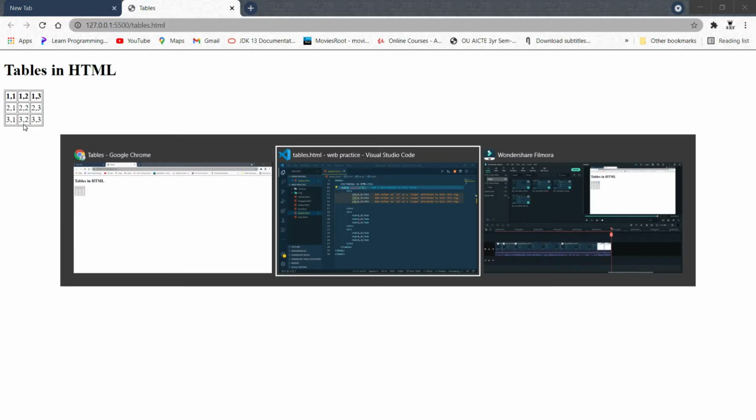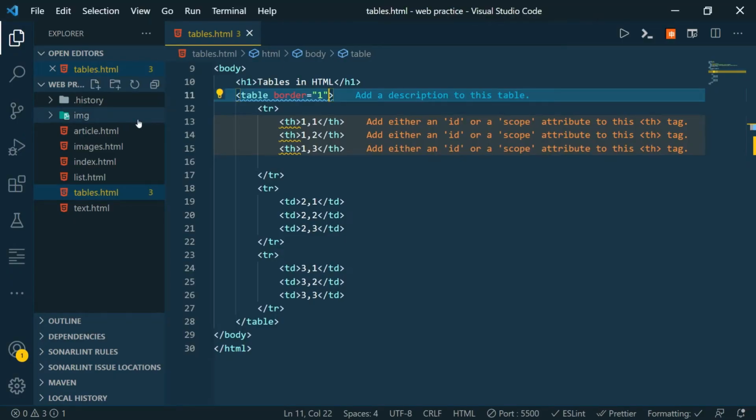And we can also alter the height and width of the table by using the height and width attributes, similar to the images. So I'll add a width attribute, width equals 400 px. Let's see how it changes our output.